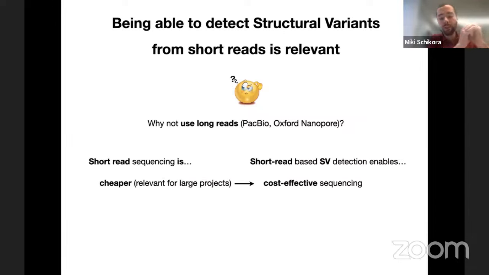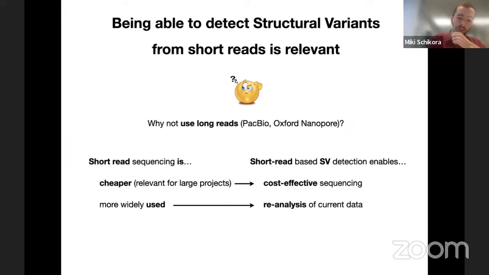So I think there are many reasons why it's interesting to still be able to do this for structural variants. The first is that short read sequencing is cheaper, which becomes relevant when you have large projects of sequencing many individuals, which means that if we have a pipeline that can detect structural variants from short read sequencing, we can have more cost-effective approaches to genomics. Short read sequencing is more widely used, for example, in clinical, but also, I'd say, academic settings. So if we have a pipeline to call structural variants based on them, we could reanalyze a lot of data,